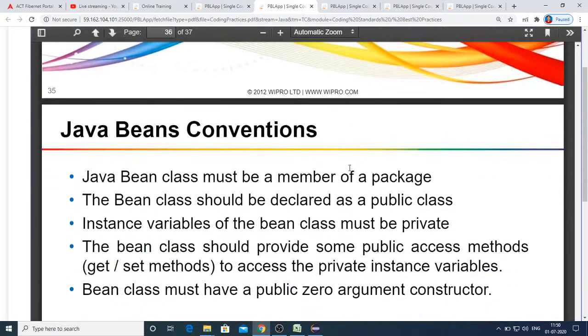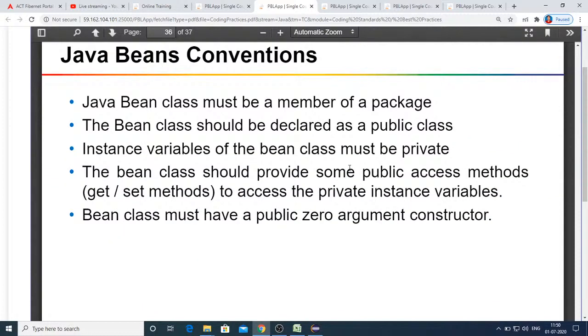And Java Bean conventions also, you just need to make sure that whenever you are creating a Java Bean, all the variables that you are going to have inside a bean must and should be declared private. And you need to generate getter and setter methods to get the values from another class, or to set the values from another class. But all the variables of this bean class must and should be declared private. Only the bean class itself should be declared public. This is what the Java Bean conventions say, always do remember this.